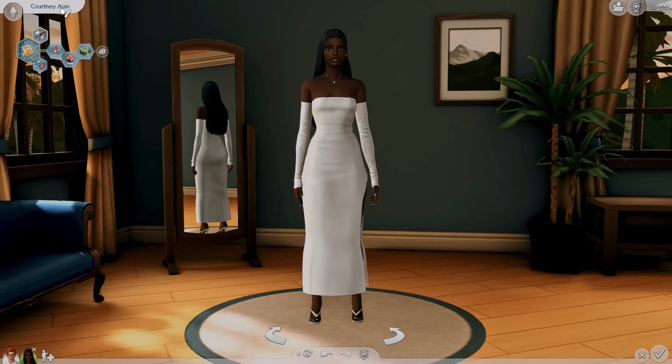Her name is Courtney Ajak, and her aspiration is world famous celebrity. As I said before, she is a model. And then for her traits, I have high maintenance, adventurous. I like to imagine her favorite part about being a model is being able to travel to different worlds and learn more about the cultures in each world. And then her final trait is materialistic. I feel like all of my female Sims have this trait, and I don't know why, but I did also